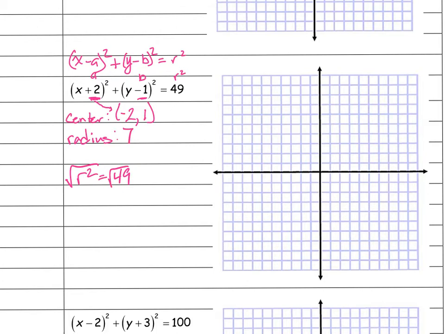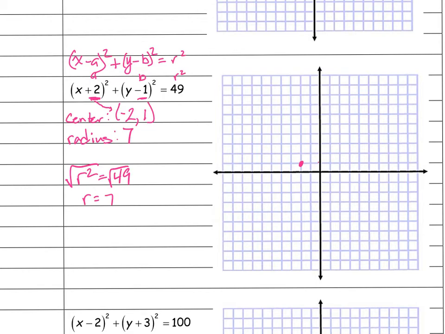So my radius is 7. So R equals 7. Okay, so now I'm going to do the same thing. I'm going to go negative 2. I'm going to graph the center of my circle, which is negative 2, 1, which is there. And then from there, I'm going to count 7 from this point, not from 0, 0, from the center of